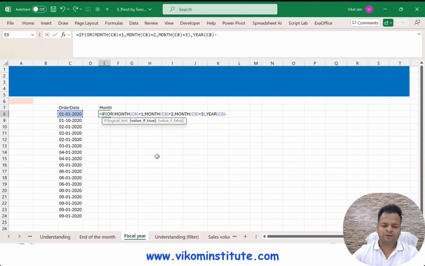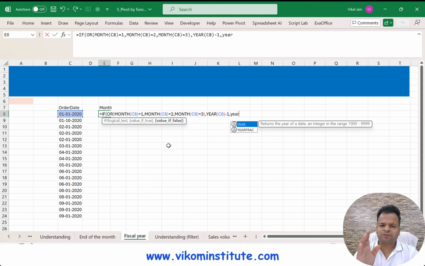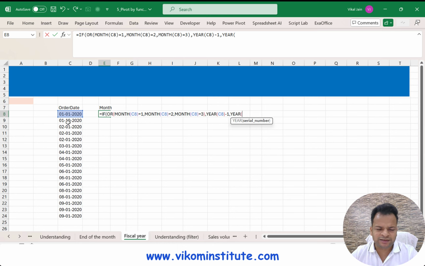Let's say I am subtracting one also because this is year of 1920. So now, comma, and now value if false. Value if false means if the value is not correct, so I will simply not subtract any 1, because if I'm talking about this date, the year is 2021, so I am simply going to take the year here, close the parentheses and enter.